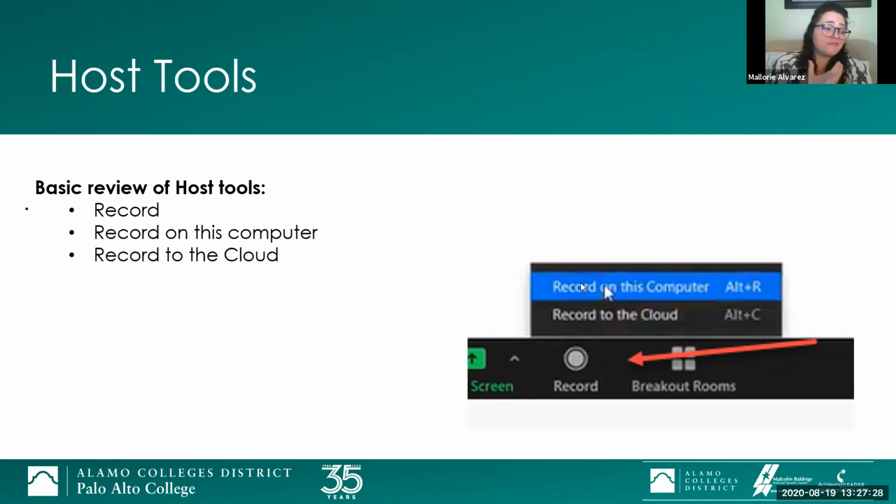If they're using an iPad or their cell phone, they're going to be prompted to download the Zoom app, because it's not going to allow them to open the Zoom meeting until they've downloaded the app. Technically, they're not opening a Zoom account. They're just downloading the app so that they can view it. None of these students need to make an account to view your Zoom meeting.